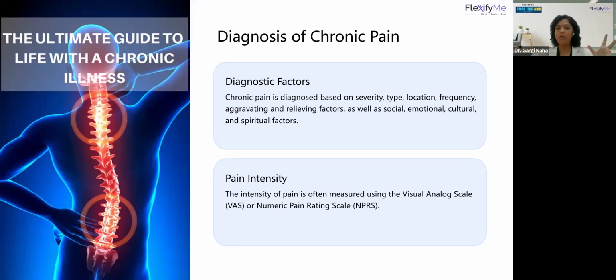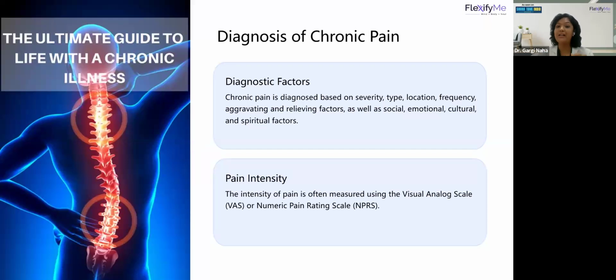Is it only in the morning? That indicates morning stiffness, morning pain, which mainly goes towards a degenerative process, osteoarthritis, arthritic cases. Is the pain more towards the end of the day, when you are sitting and working and then feeling tired? That indicates more towards musculoskeletal pain, postural pain. Is it more while you are doing high intensity activity? That indicates there can be some injury inside the joints, and that's why the pain is triggering when we load it.